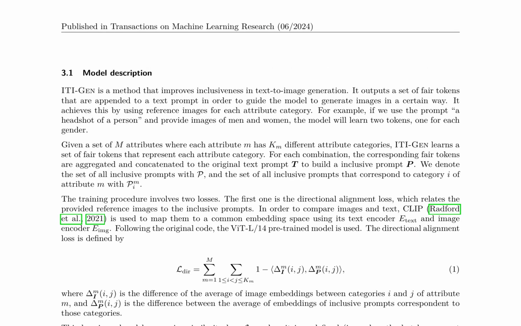ITI-GEN is a method that improves inclusiveness in text-to-image generation by outputting a set of fair tokens that are appended to a text prompt to guide the model to generate images in a certain way. The model uses reference images for each attribute category and learns a set of fair tokens that represent each attribute category. The training procedure involves two losses: the directional alignment loss, which relates the provided reference images to the inclusive prompts, and the semantic consistency loss, which acts as a regularizer by making the original text prompts similar to the